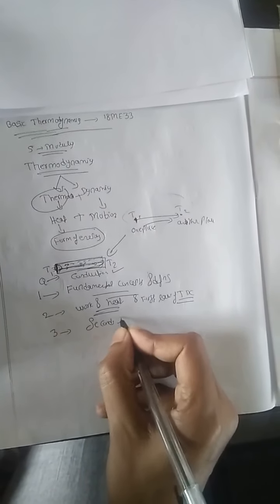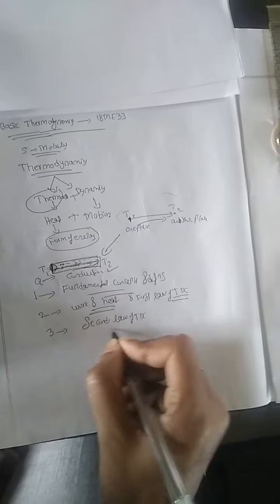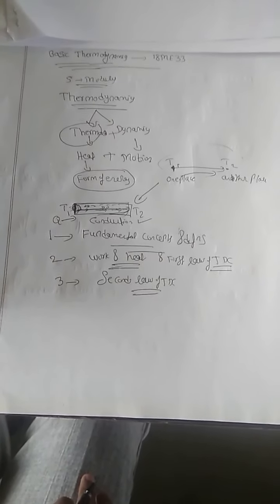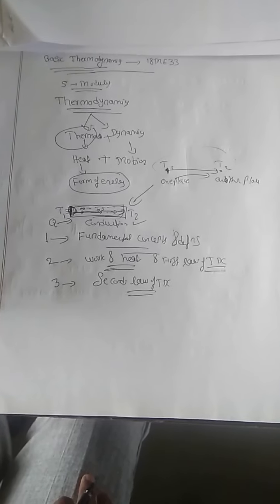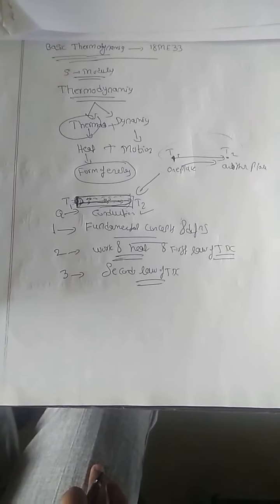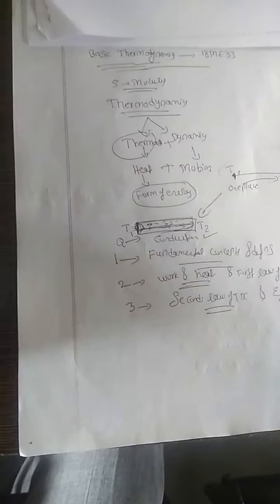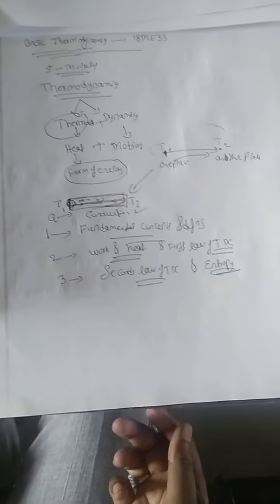Next is the second law of thermodynamics. Here we have to study what Kelvin-Planck's law is, and what PMM1 and PMM2 mean, perpetual motion machine 1 and 2. All these things you have to study here: Kelvin-Planck's law, Clausius law. Also, it consists of another unit, that is entropy. You have to study what entropy is, what the Clausius inequality is, all the applications. This is, in general, module number 3.